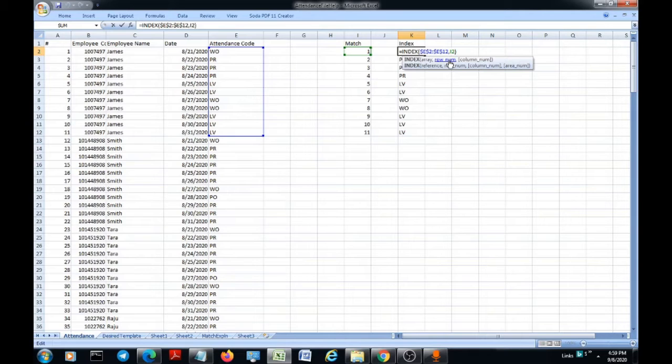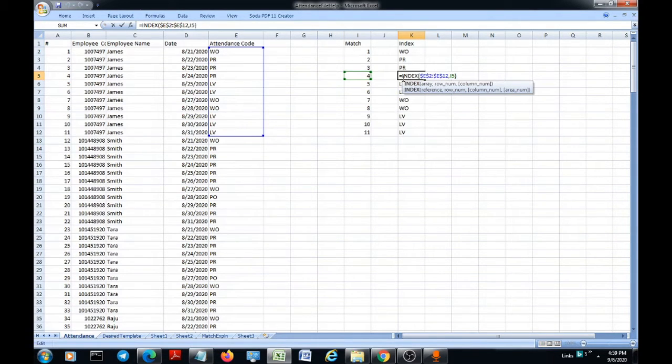So what the row number says is this one. What we found on the left side for the match function is the row numbers. So in this column, what is the value I have in row number 1? This formula will give you that. What is the value this column has in row number 4? In row number 4 in this column I have PR. So the PR is shown here. This is the basic description of the index and match function.